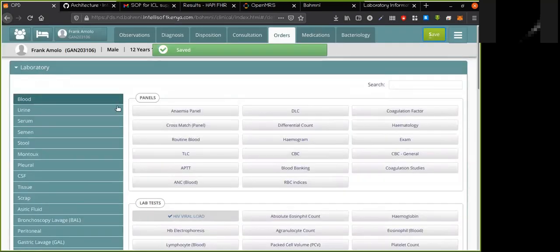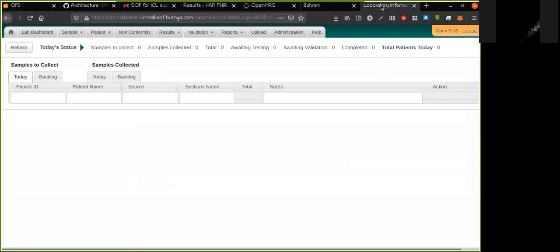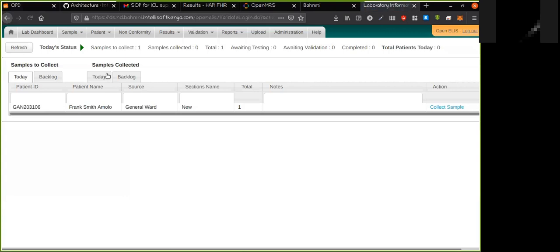So what happens in the background, Bahmni sends this lab order request to the lab information system, which is OpenELIS in this case. So all I'm going to do is just click refresh. And I'll see now I have one sample to collect. I'll collect sample.